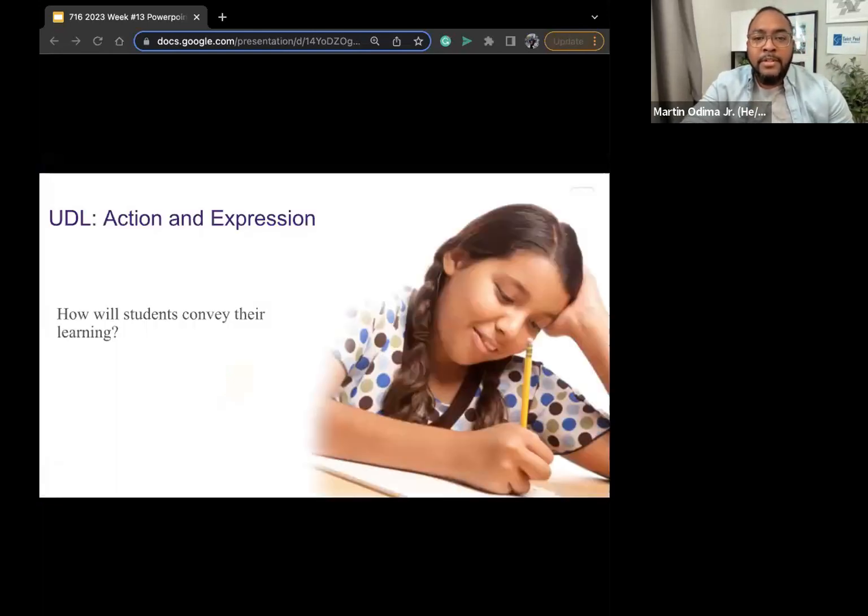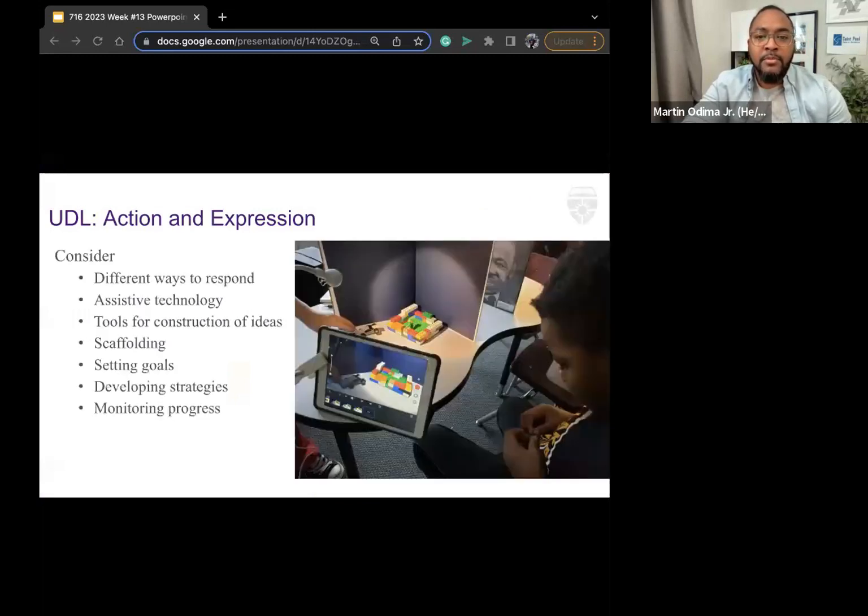So I talked about representation. So now the next part of UDL is action and expression. So how we want students to convey their learning. How do they demonstrate their knowledge? What ways can we give them to do that? So some examples would be providing different ways for students to respond. So could they respond with their voice? Could they respond with a video? Could they respond through acting or singing? Using assistive technology,